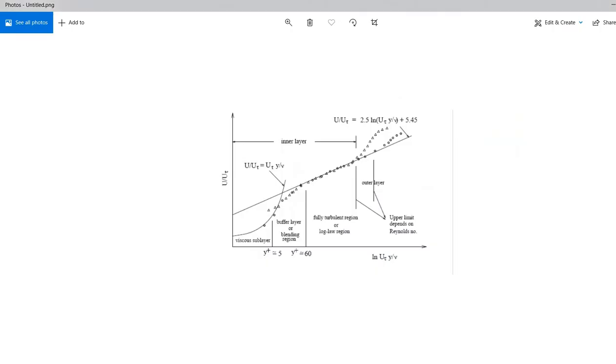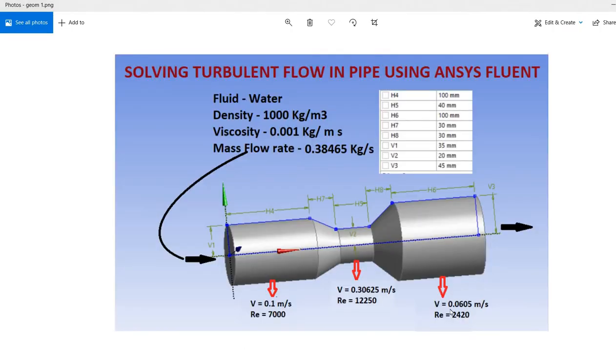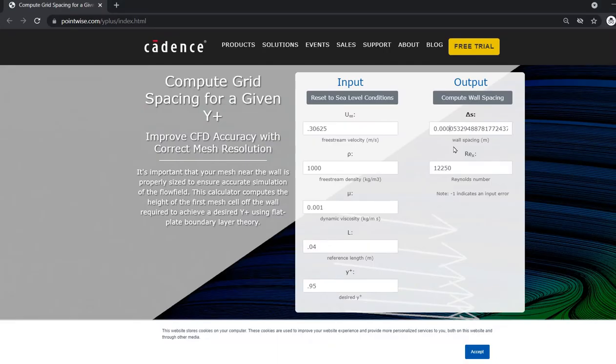So I am just going to the third section. In the third section, the velocity is 0.0605 and the Reynolds number is 2420. Here we have a value of 0.25 mm and a Reynolds number of 5444.